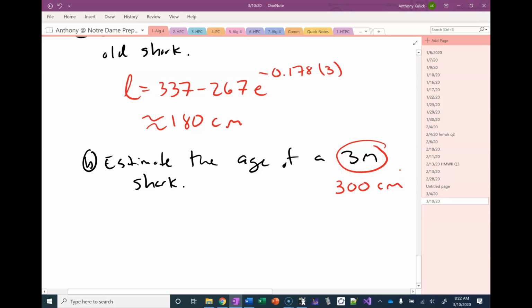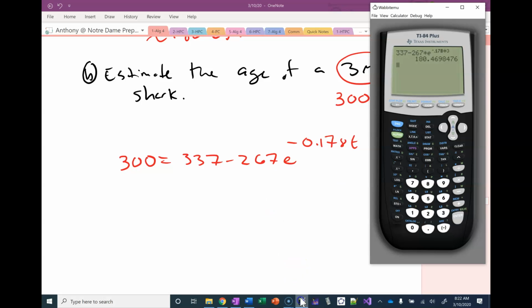So 3 meters is 300 centimeters. So this is the equation that we're going to solve. And we can just use our calculator to do this. So 337 minus 267 times second ln negative 0.178x